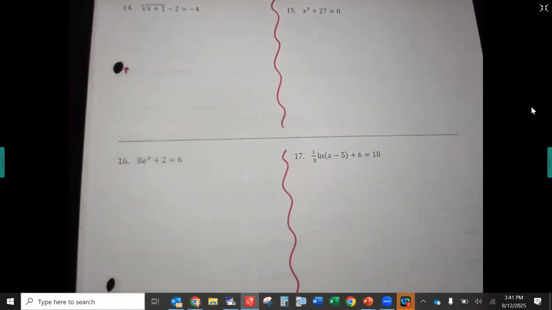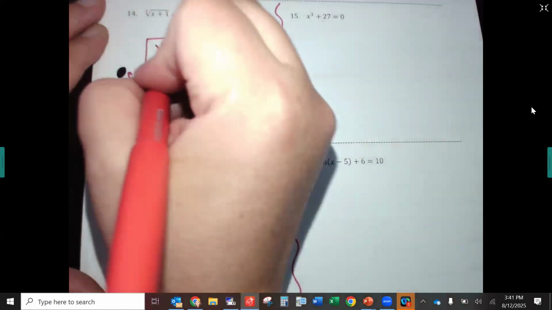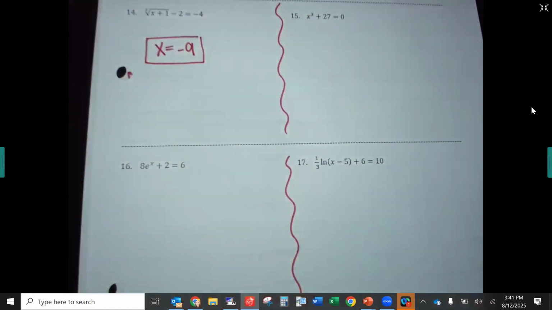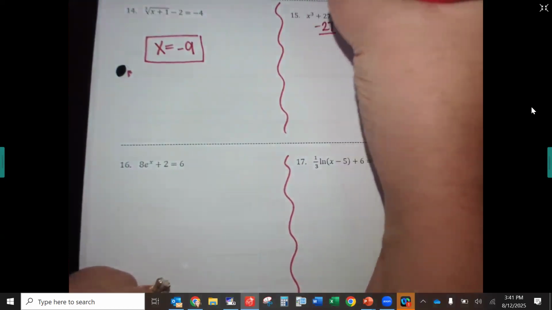All right, we're going to do 2 of these just to push you along here. So we're going to do number 15 and number 17. Okay, this one, most of y'all got -9, which is correct. If you didn't get that, as I'm walking around, tell me and I'll come help you through it. Okay, number 15, you should have minus the 27 across,